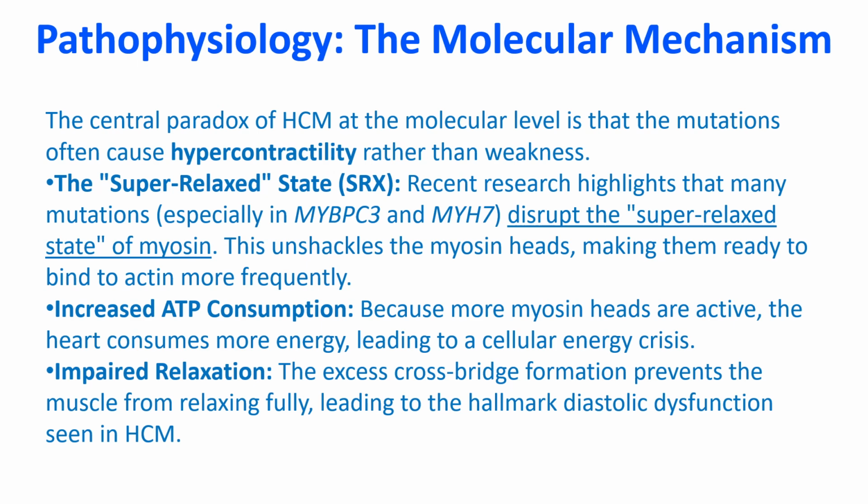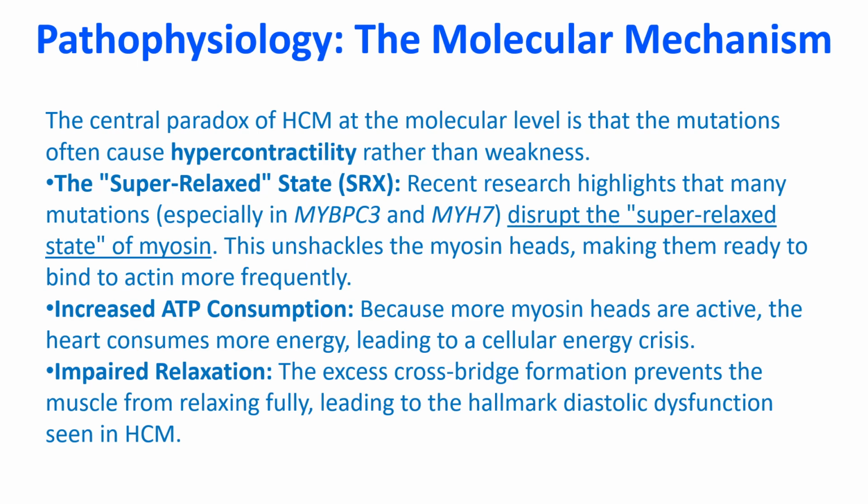This unshackles the myosin heads, making them ready to bind to actin more frequently. Increased ATP consumption. Because more myosin heads are active, the heart consumes more energy, leading to a cellular energy crisis. Impaired relaxation. The excess cross-bridge formation prevents the muscle from relaxing fully, leading to the hallmark diastolic dysfunction seen in